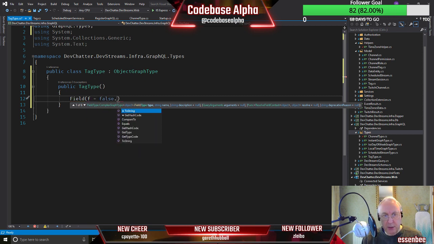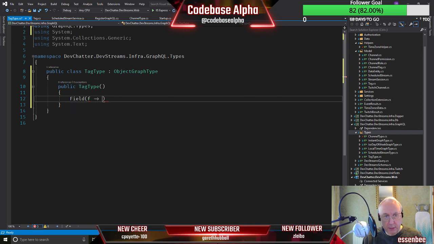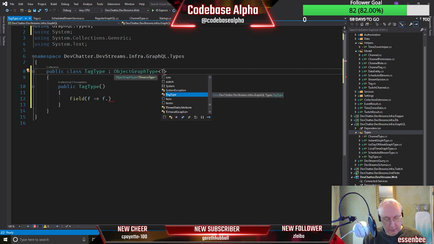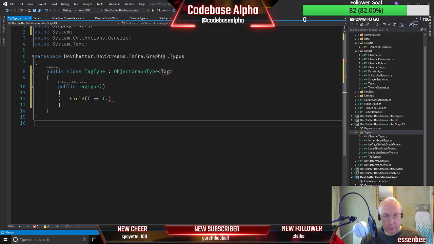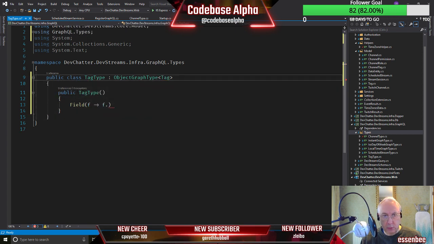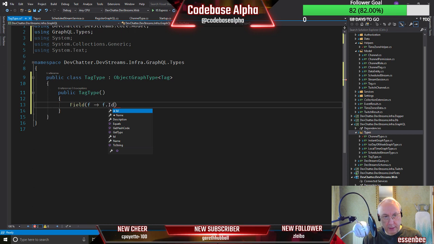Because we're dealing with types that we know about, these are simple scalar types, which GraphQL knows about, we can use this format. Oh, I see. Sorry, we've just got to tell it what type. This is a type tag, and we need to import that as well. There we go, from the core models. So now we should get ID on here, and we can put a description in.